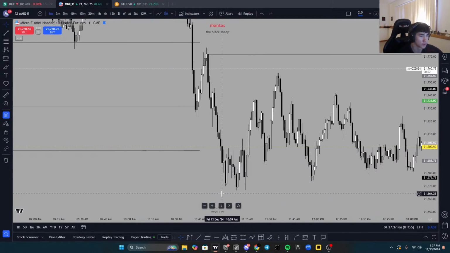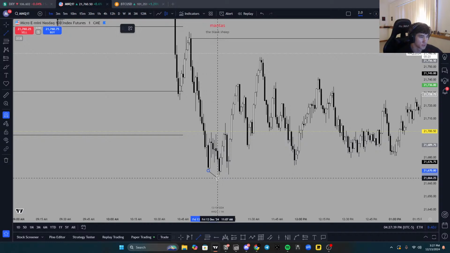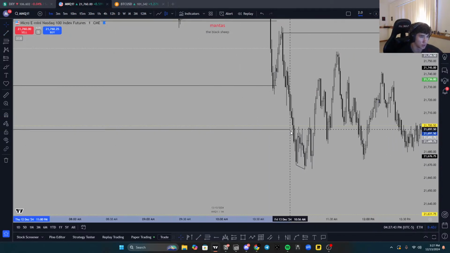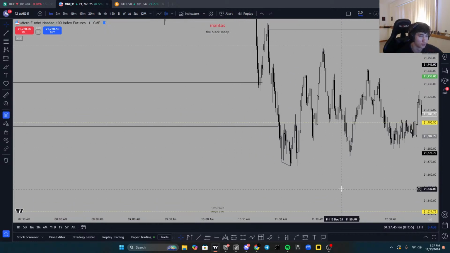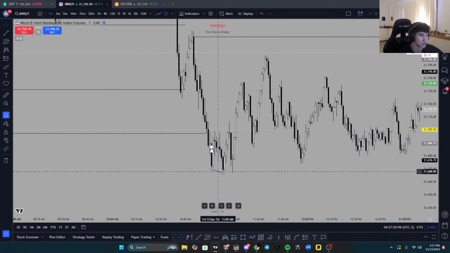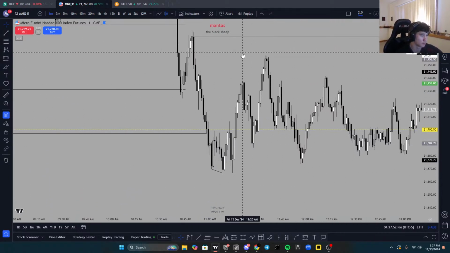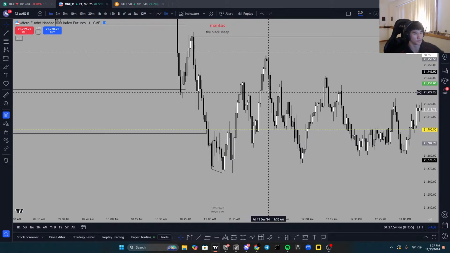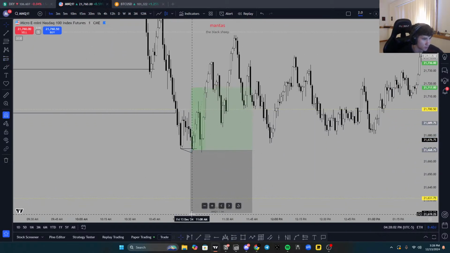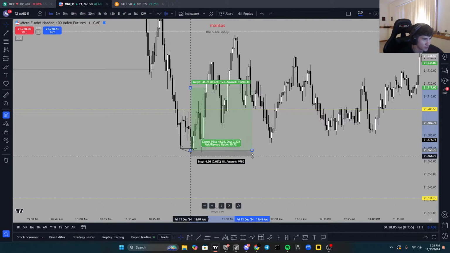So we push lower, push right here, and we form SMT at this low right here. Anticipating SMT, knowing exactly where we're at, what type of liquidity we ran out. We ran out Asia lows, we're inside of a new day opening gap. We're forming SMT, YM is already displacing higher. So I see displacement at YM pushing up higher. Run through this low. The second we ran through this low, I saw the displacement through, market order. And that was it. So market order, and I had like a 5 handle stop loss on this.